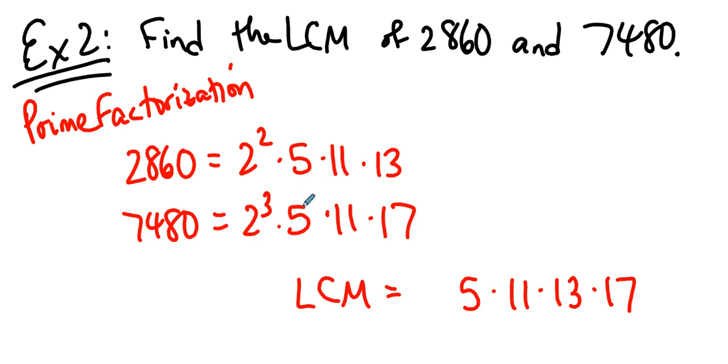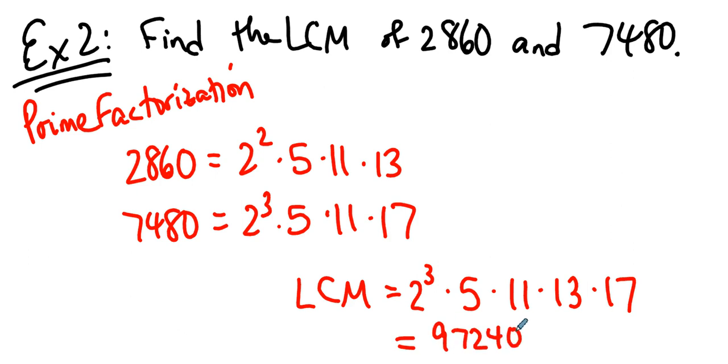We don't need 2 factors of 5 because this one is enough to cover that, and this one is enough to cover that. We don't need 2 factors of 11, same reason. How many factors of 2 do we need? Well, we need enough to cover all of these or all of those. If we're looking at 2,860, we need at least 2. If we're looking at 7,480, we need at least 3. We choose the bigger of those two numbers because we have to be able to cover both. And so this is the least common multiple, which happens to be